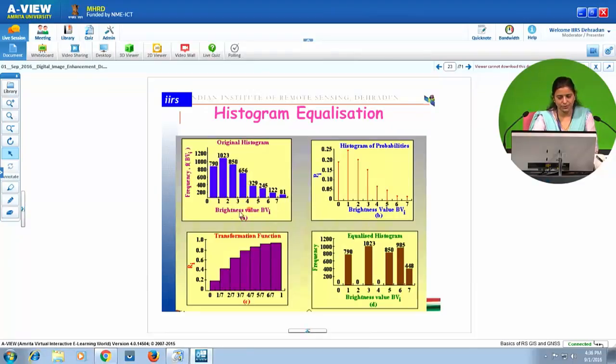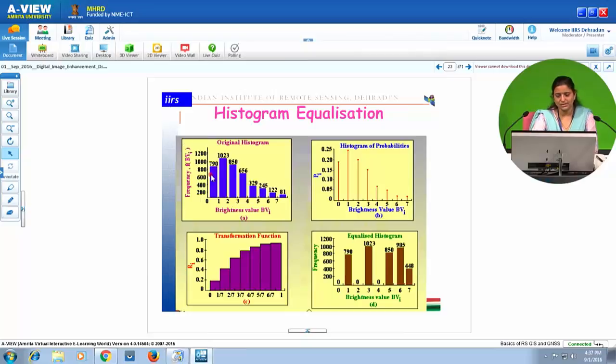This is how histogram equalization works. In this, they have shown an example of a hypothetical image which has brightness values from 0 to 7. So, these are the brightness values 0, 1, 2, 3, 4, 5, 6 and 7, and this is the histogram. How many pixels are there? For 0 we have 790, for 2 we have 1023 and so on. So, transfer functions are calculated according to these brightness values, and based on these transfer functions the equalized histogram is generated.